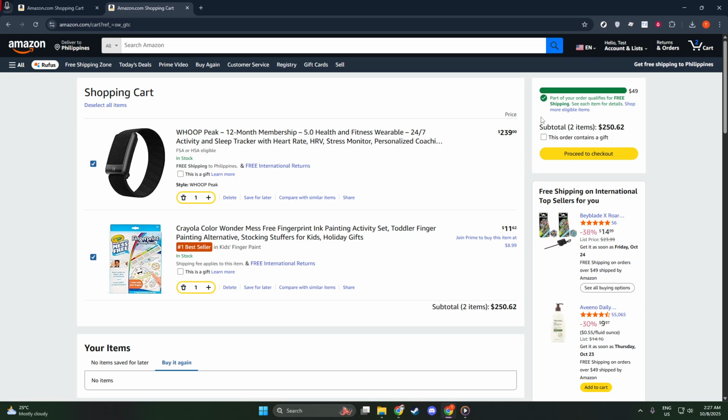And there you have it. You've successfully learned how to delete items from your Amazon shopping cart. Keeping your online shopping organized is now just a few clicks away. By following these simple steps, you can maintain a cart that's free of clutter and filled with only the things you